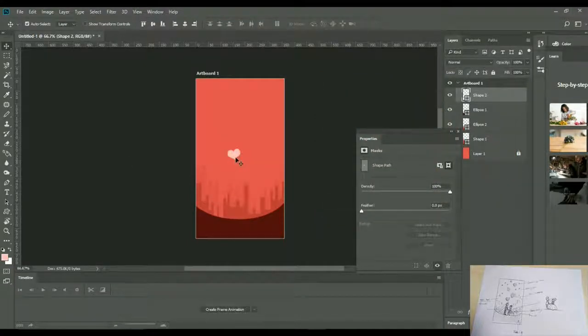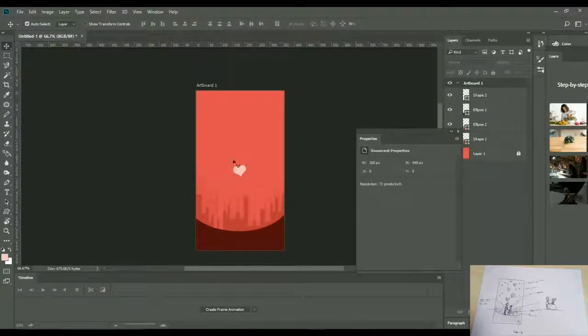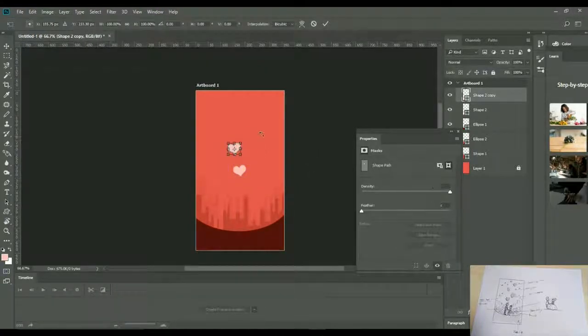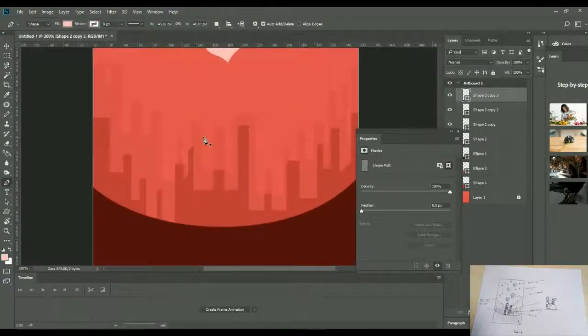So I fill it with Alt backspace. Then hold Alt and move it to create duplicate shapes. This is one of the best features in Photoshop that I like. So you can just easily move it and create different duplicate shapes. You can see I'm just starting because of this sketch I'm referring to. You can easily create different shapes,